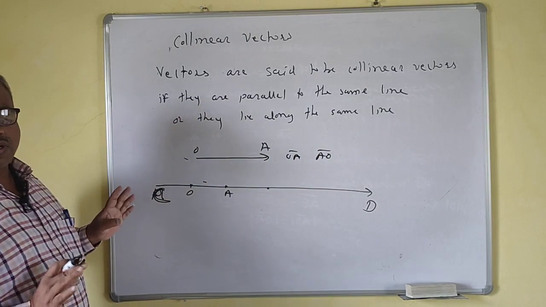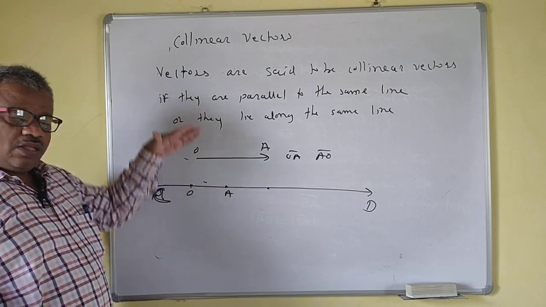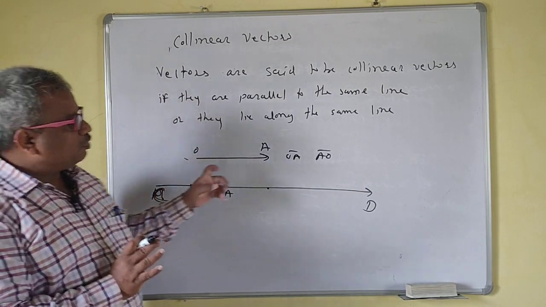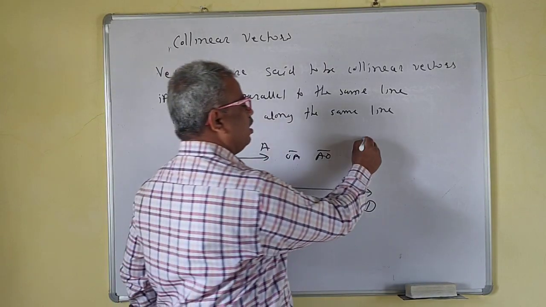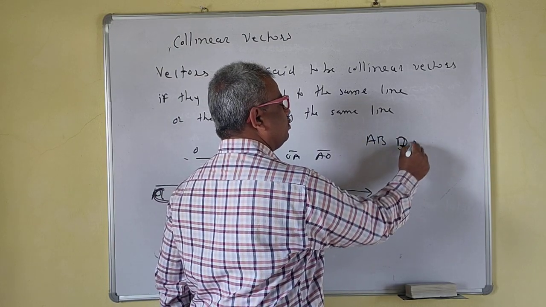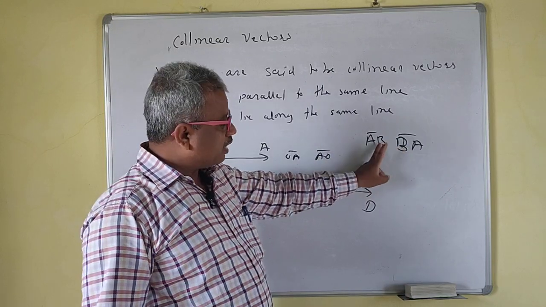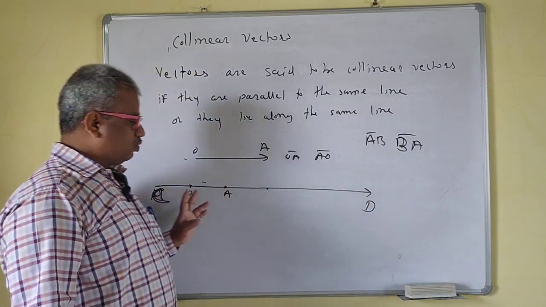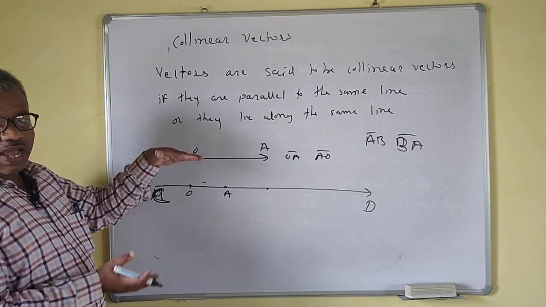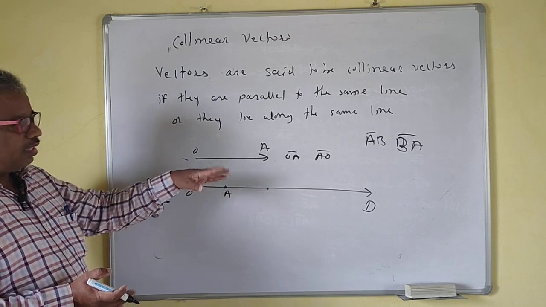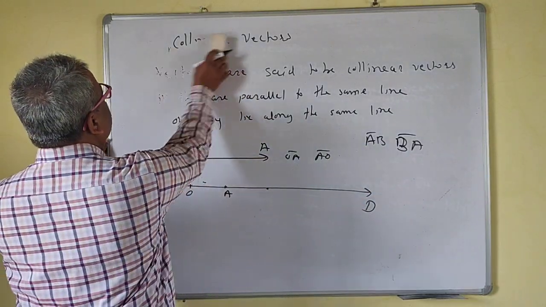So here there is no problem for the direction. The direction may be anyone, or the opposite direction, but they should be parallel only. That means AB bar and BA bar are also parallel vectors. They are negatives of each other, but they are parallel vectors. They are collinear vectors, so they lie on the same line. Direction is not important here. If they lie on the same line or are parallel to a particular line, then the vectors are said to be collinear vectors. That means AB bar and BA bar are collinear vectors.